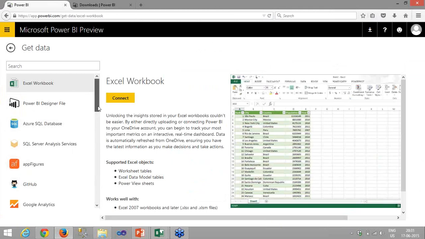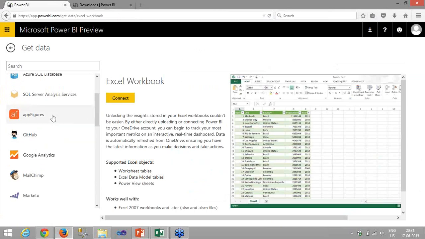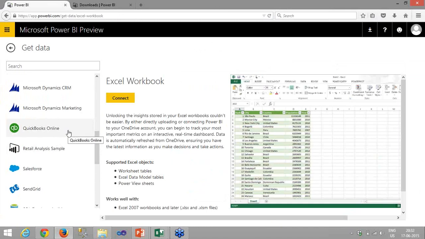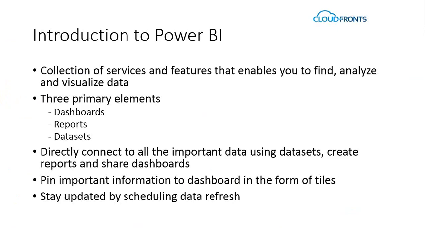We can even connect some SaaS applications like AppFigures, Google Analytics, Marketo, QuickBooks Online, Retail Analysis Sample, and many more. Power BI has a facility where we can pin important information on a dashboard in the form of tiles. It also provides a facility for scheduled data refresh.